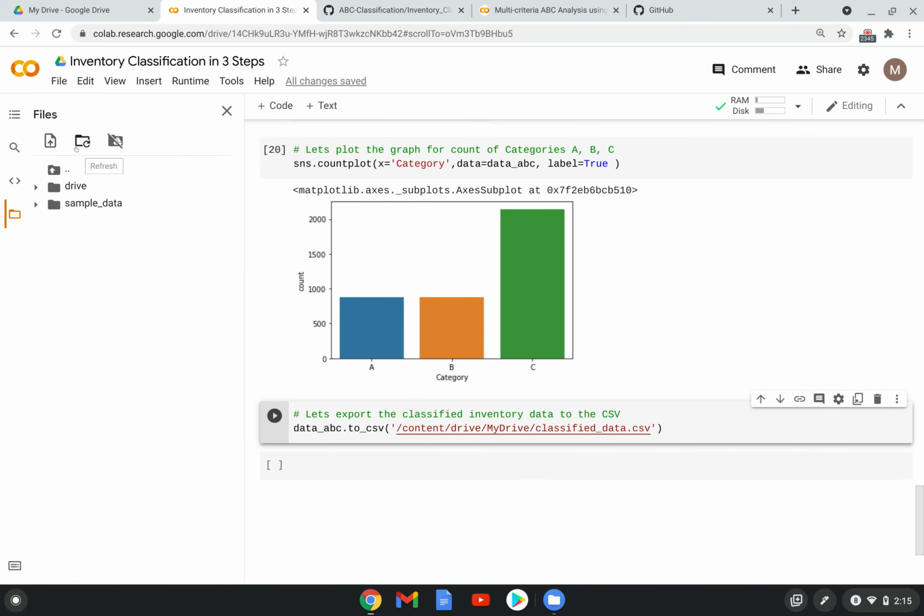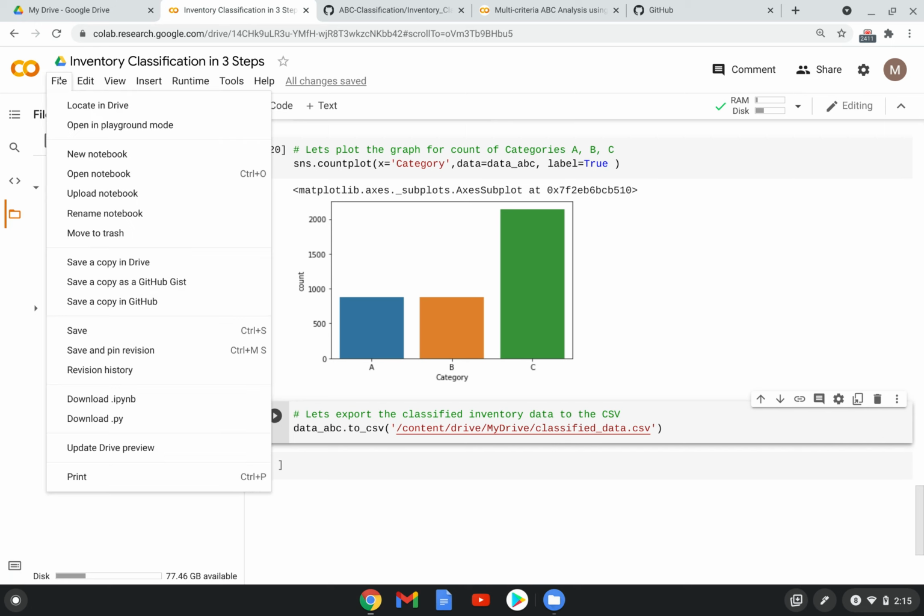If you look here, this is actually a folder. This is my Google Drive folder. Go to drive. In my drive, I can see this classified data set. So from the Google Drive, you can just download this data set to your local system. This code can also be saved in IPYNB format, and we can also save this file in GitHub.